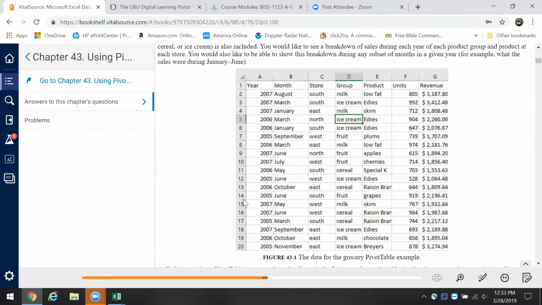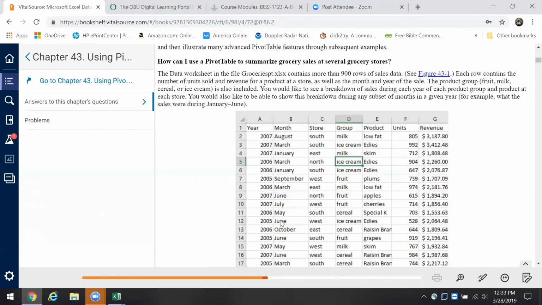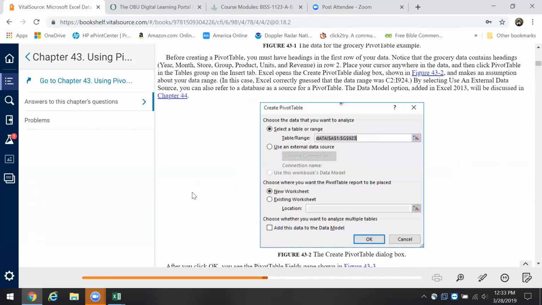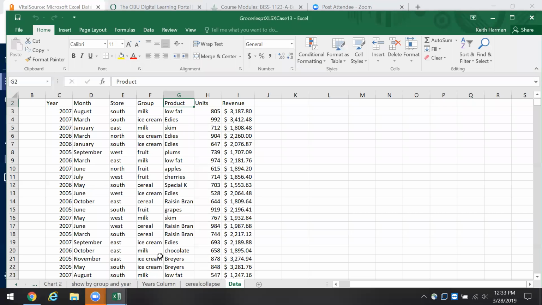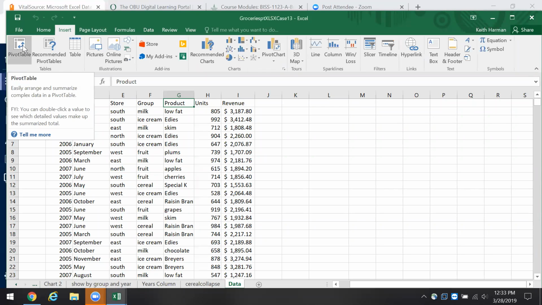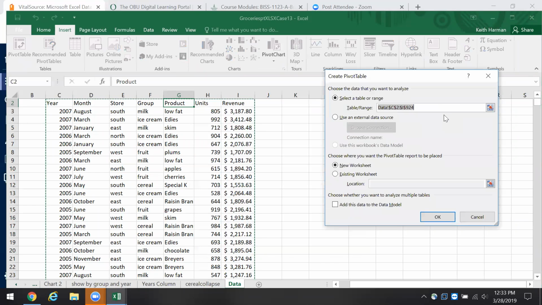Now, they show us the data from this grocery store, and we have all of these records of these transactions that occurred. And so we say, all right, I want to analyze these, and I want to start to look at them in a different way. So the first thing we do is we engage in creating a pivot table. So I'm going to take the data here, and I'm going to click Insert, and you'll see the pivot table pops up. I'm going to click pivot table, and I'm going to choose the pivot table range,